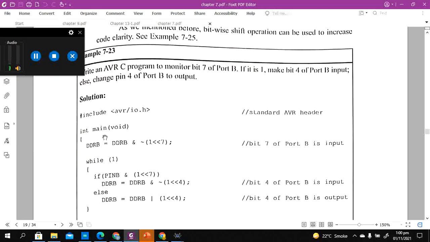Similarly, the things are written here with DDRB, and this is going to make the 7th bit of this port an input, because this is going to make it 0, and when we make the DDRB of a particular bit of a port 0, we are making it an input. And then we are going to check PINB, the 7th bit, because this was the direction. Now we are going to check the data when we are reading PINB, the input from port B, and we are interested in the 7th bit. And if it's a logical 1, this is going to be executed, the port is going to be configured as input, otherwise it's going to be configured as output.